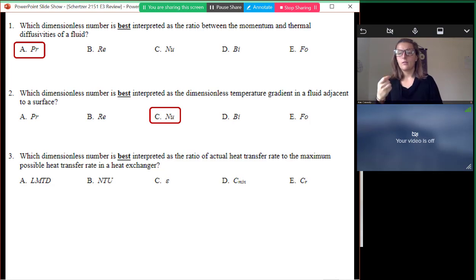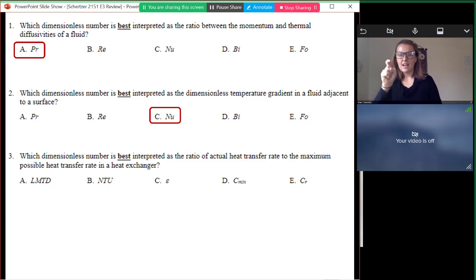Here, this is the Nusselt number. For me, this definition, it's certainly true when you look at it mathematically, right? And we talked about how the definition of the Nusselt number and the definition of the heat transfer coefficient both rely on this temperature gradient, the dT/dx term. So it's really tough to know this in real life, right?